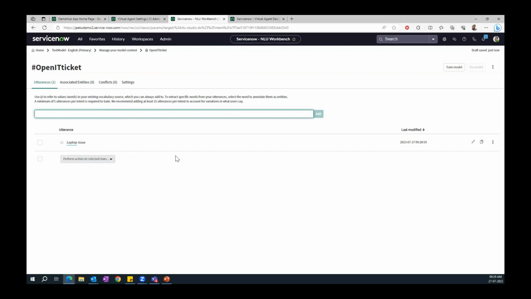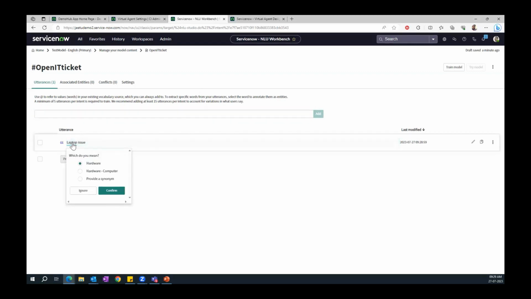You remember, we created this model as blank. So I can add the utterances manually. You can also import the utterances, or copy the utterances. This is an example of an utterance here. If you see this underline, the system is detecting, what do you mean by laptop?